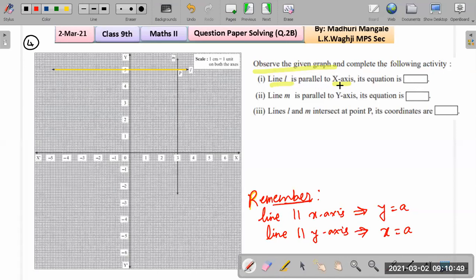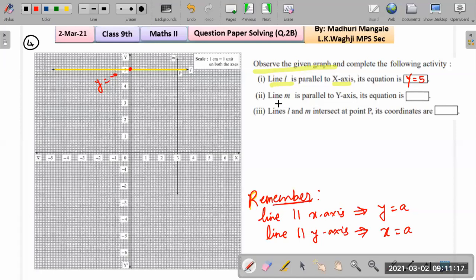And how do we get the equation of the first one? So this line is parallel to the x-axis, correct? The equation will be y equals something. So where does it intersect? Just check. This is y equals what? This is y equals 5. It is intersecting the y-axis at 5. So what is the answer? It's simply y equals 5. Isn't that easy? Okay, just look at the point of intersection of that line with the axis.